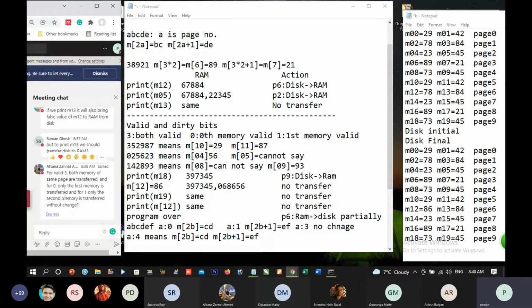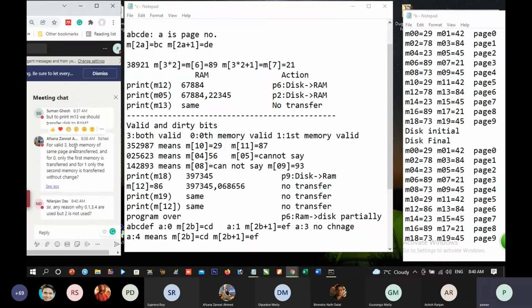We write 0 memory and first memory. Is it correct? Yes. 3 means both memory are transferred. And 0 means no transfer has taken place, but only the 0th variable is valid and the other is not valid.